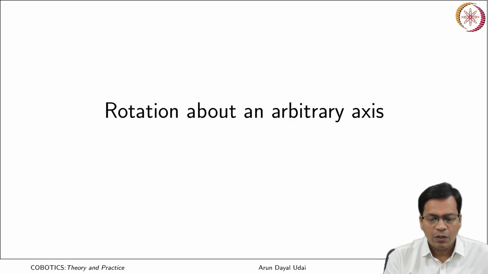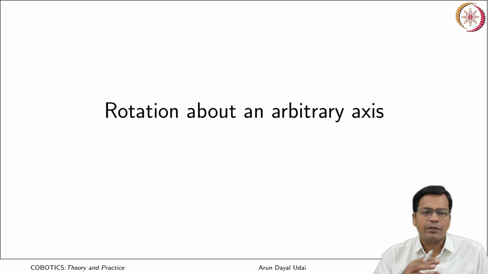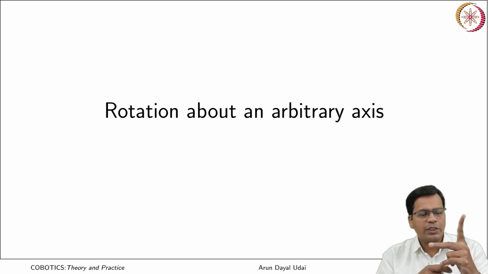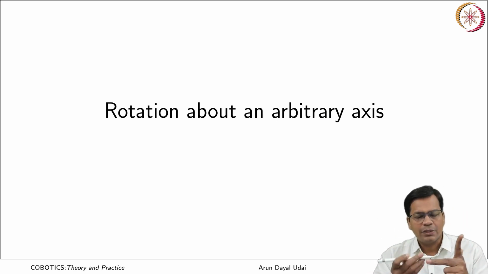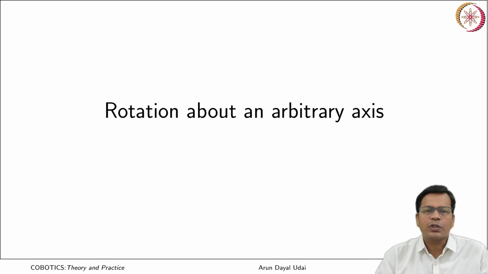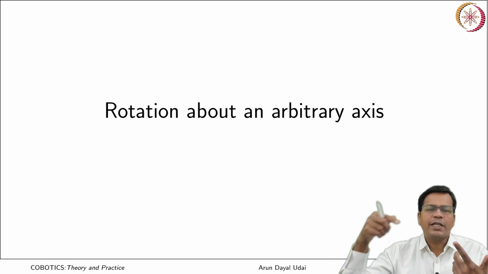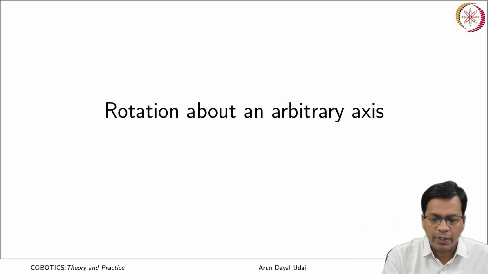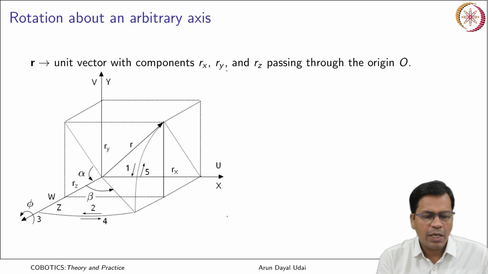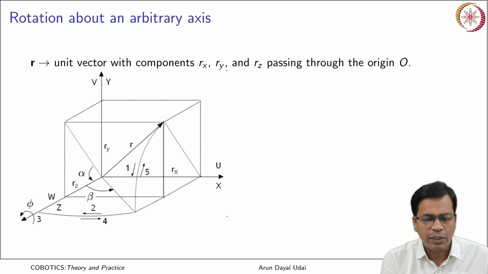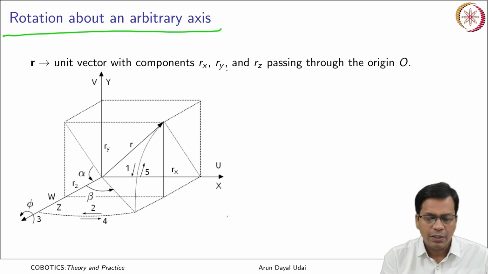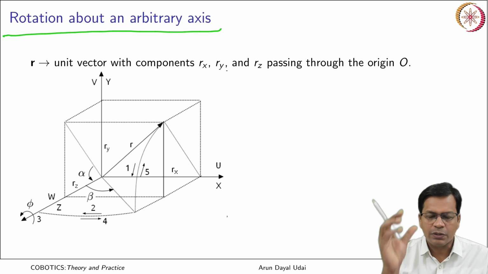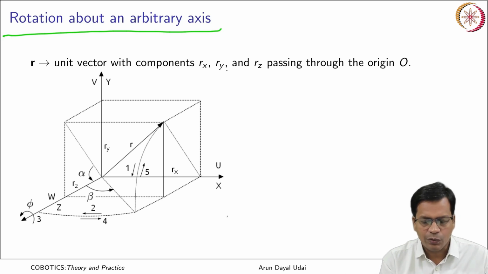Now, let us see how the rotations that we did so far are rotations about the base frame, that is rotation about the base x axis, y axis or z axis. Let us say I have to rotate about any arbitrary axis in space, not about x, y or z. How to go for it? So, this is the method for this. So, rotation about an arbitrary axis, I will do that now. I will find out the rotation matrix which actually can do this.